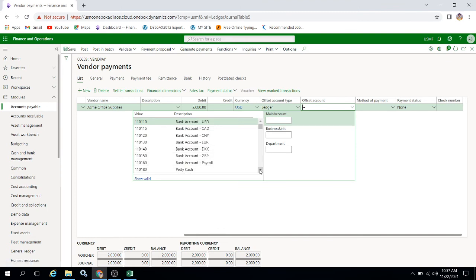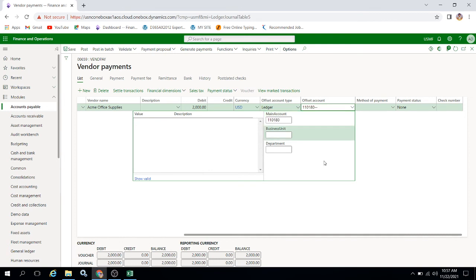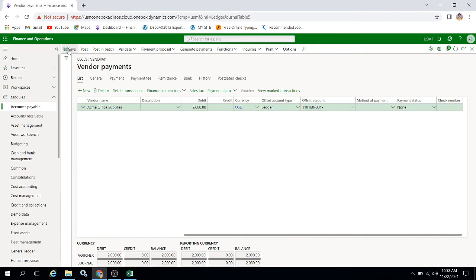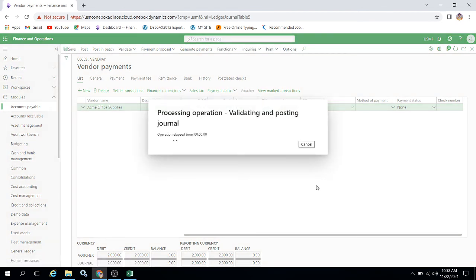Maybe we'll use some cash account, or petty cash I am using, and let's post it. If you see the entry, for the prepayment payment journal you'll find that particular main account that we assigned in the prepayment posting profile. It will be posted to that particular account.